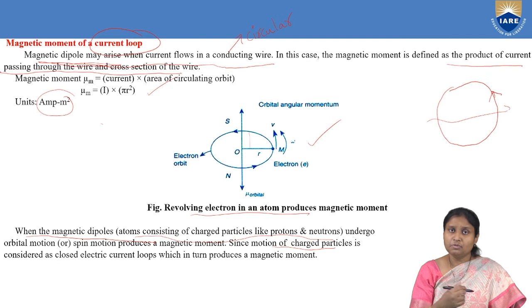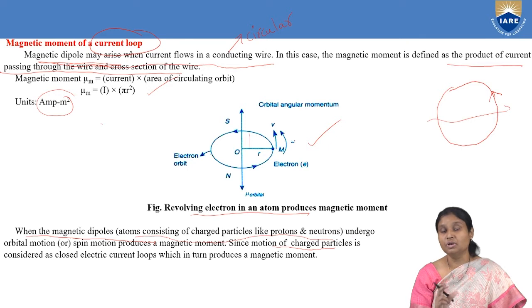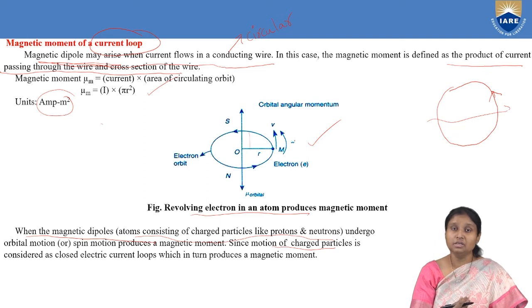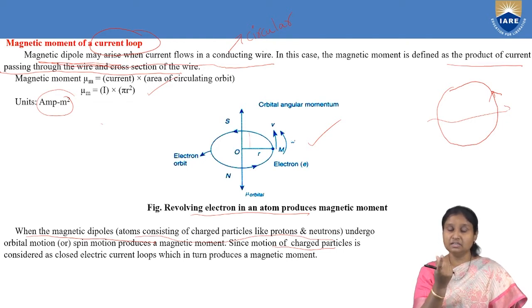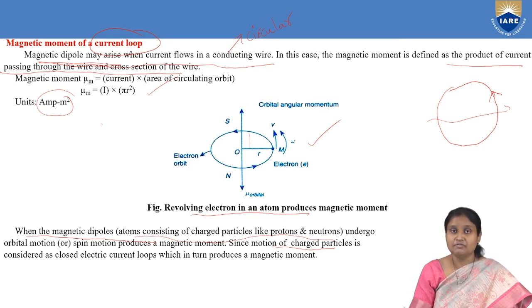And not only orbital motion: we know that when an electron is moving around the nucleus, it spins about its own axis, and that spin is taken as magnitude plus half or minus half. Why do we take this magnitude of spin motion as plus half and minus half? Because when it is rotating about its own axis, it will not go a full rotation along a circle, but it will move half clockwise and then half anti-clockwise. That's why the magnitude of spin motion is taken as plus half or minus half. And as I am telling you, we are going to discuss magnetism behavior completely based on this current loop concept.